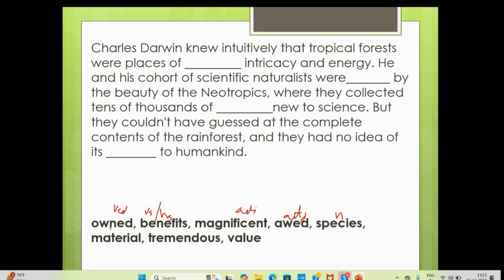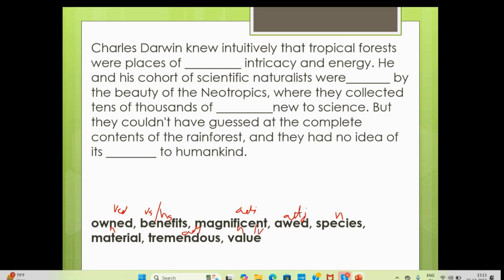Then material, noun, thing. Tremendous, OUS, huge in quantity, is something in a big amount or in big volume. It can be anything, something very huge, like in a lot, so many of them. Something like tremendous, huge. So it has so many parts. So the value, and you can value someone, verb and noun both.